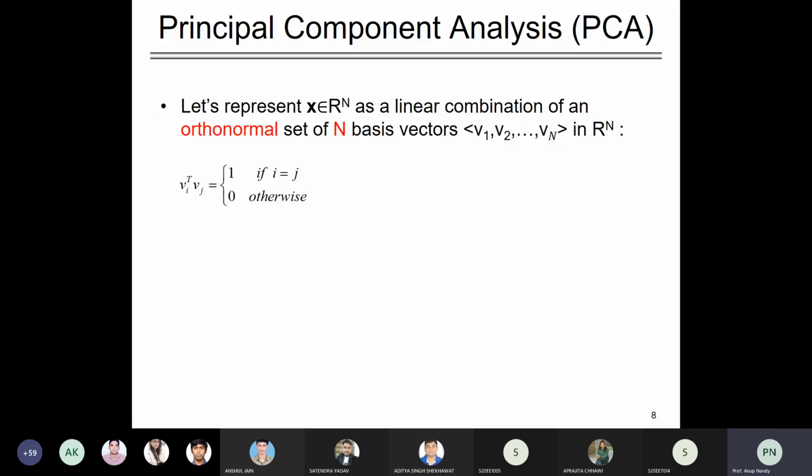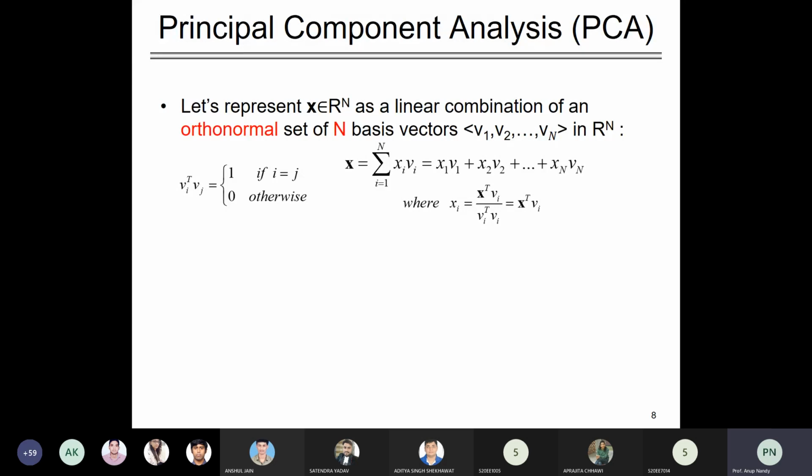So this is nothing but ai transpose aj, simply written. Here it is written in different notation, where x, as I already told you, is a linear combination of an orthonormal set of n basis vectors. So as this is an orthonormal combination of the n basis vectors, you have this summation of xi into vi. You have x1 v1 plus x2 v2 plus xn vn, where xi is equal to x transpose v. The denominator is just normalizing to 1, I mean it is a unit vector.